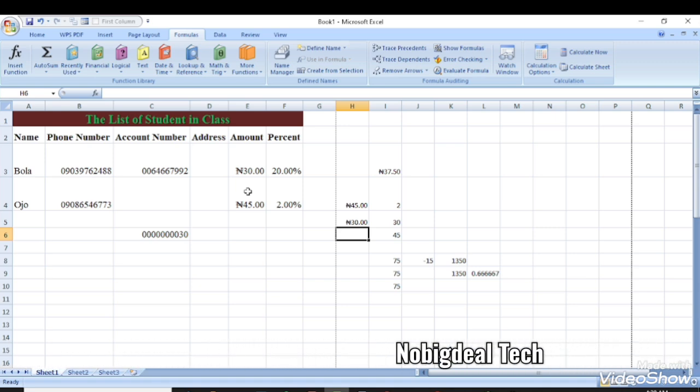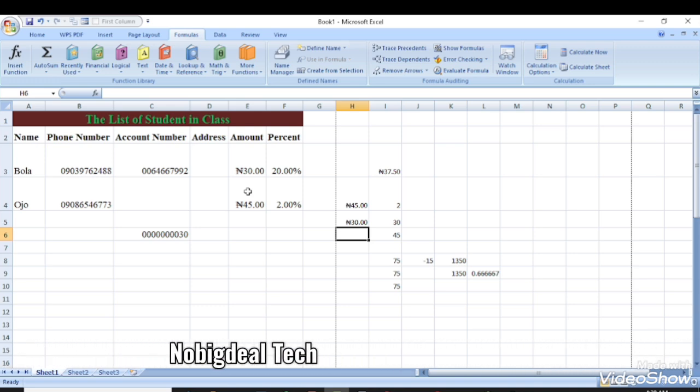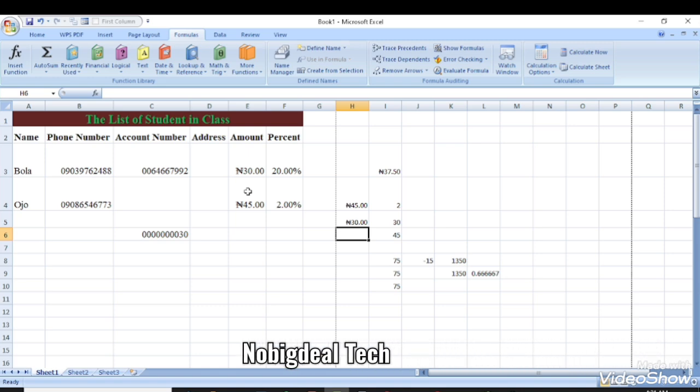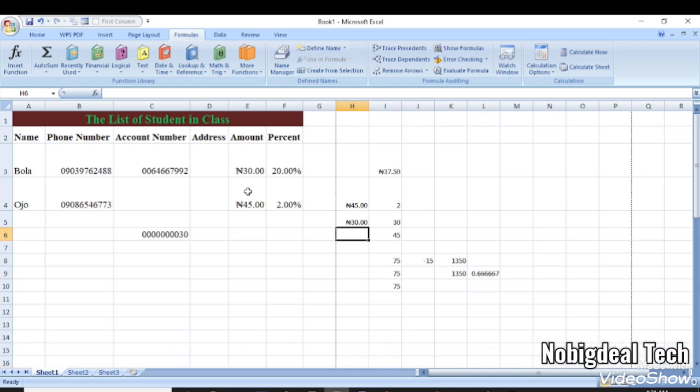So let's talk about the if statement. If is a conditional function that we use to determine which of the statements is true. Like for example, I want to check whether this number is the big number by using if, or whether I want to check whether this person passed the exam or failed. So we can use the if statement to denote that. So how do we do that one? It's just to say equal to if